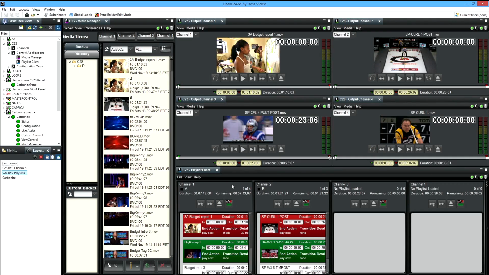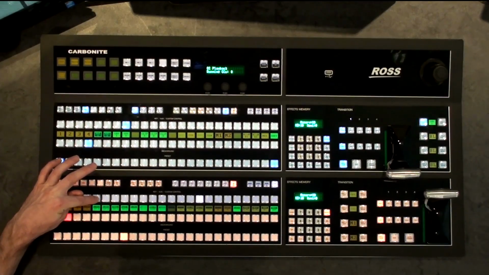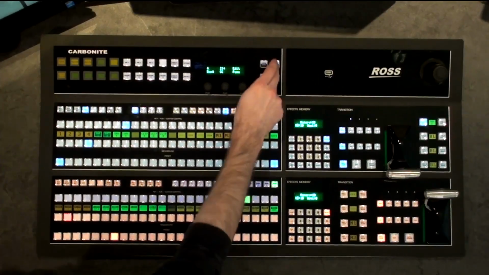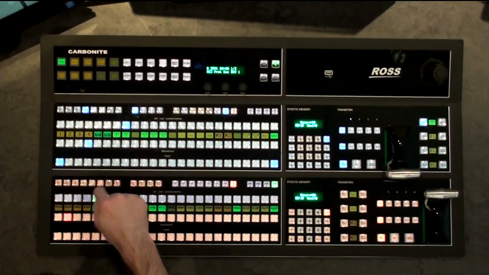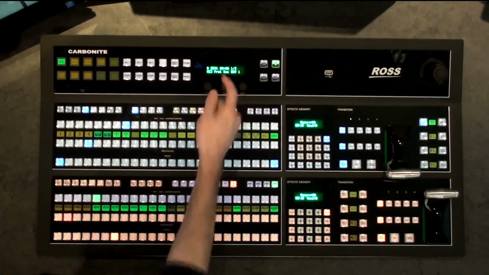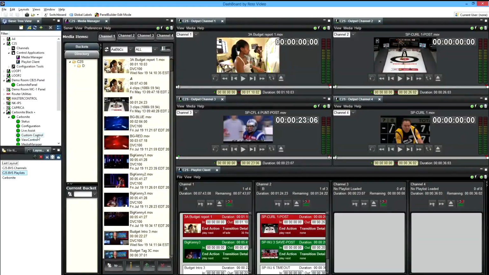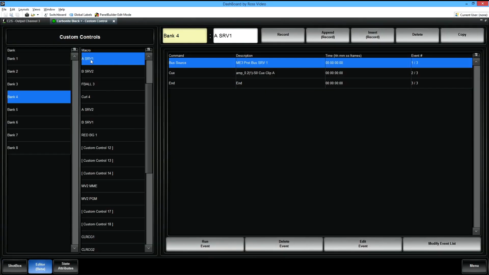So when we build our macros, when we look at the panel, we've built a macro that is going to queue A on channel 1. And when we built it, we see that the first thing that we did was select it on the preset bus. So if we look at our custom controls in our custom control GUI, you'll see that the item that I built, the first thing was preset bus server 1 and then queue clip